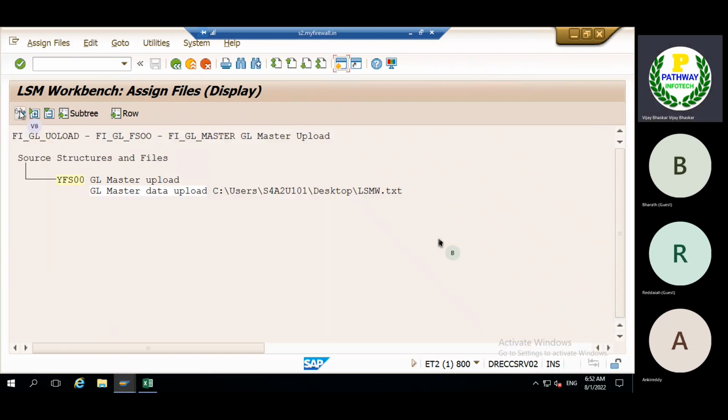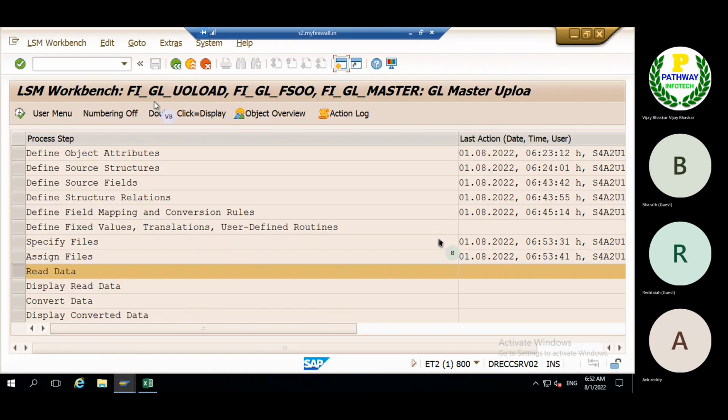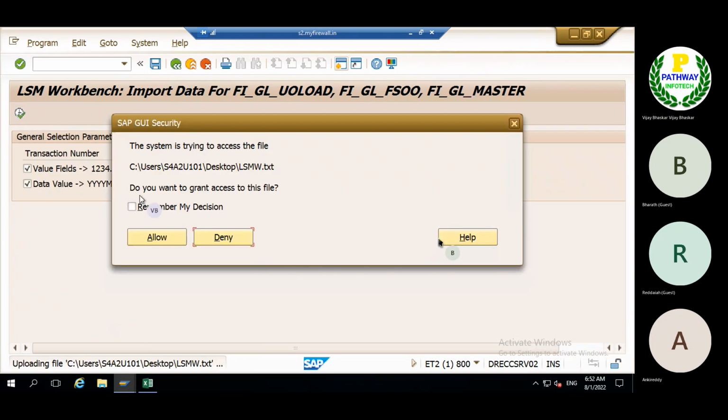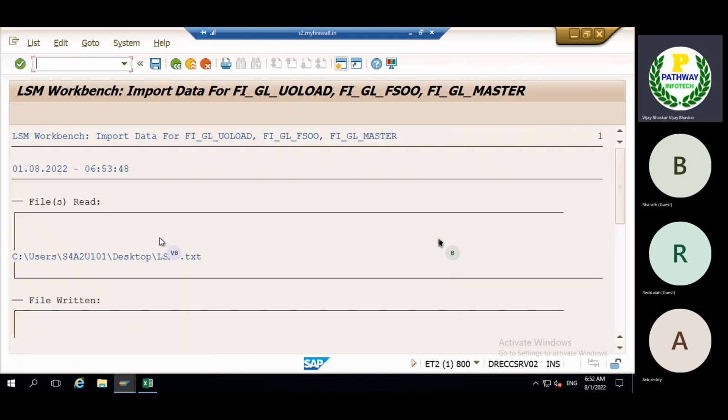Assign the files. See, this is the file they assigned. Back and read the data. Now the system is reading the file.